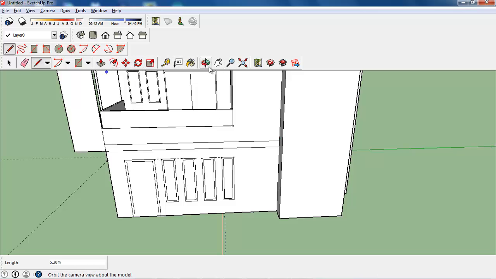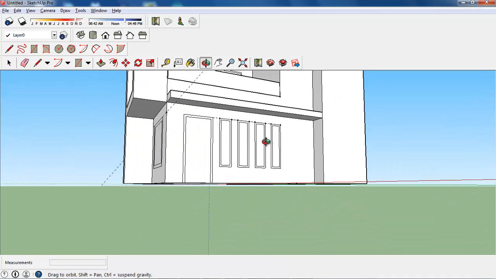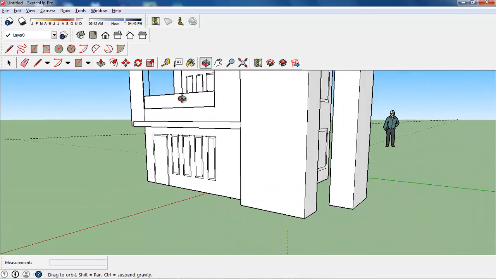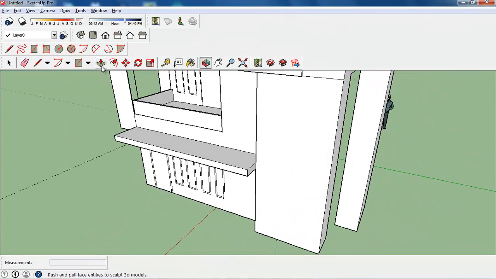Then you want to push pull this upwards 0.5 until say the offset limited. So you have this tiny balcony, but you have to extend it more by 0.5, so it becomes 1 meter. There we go. Then you want to bring it down, so you go all the way down by 0.1